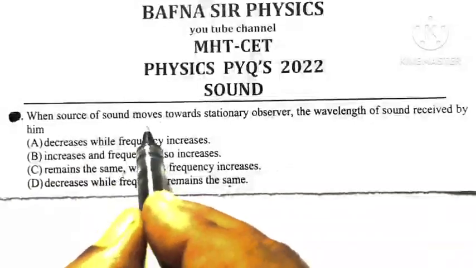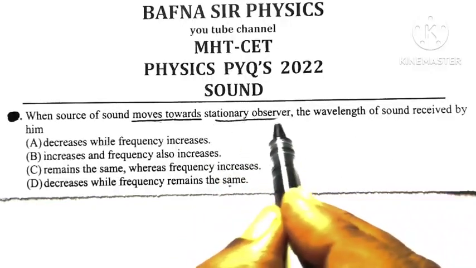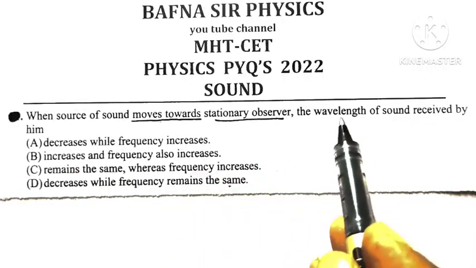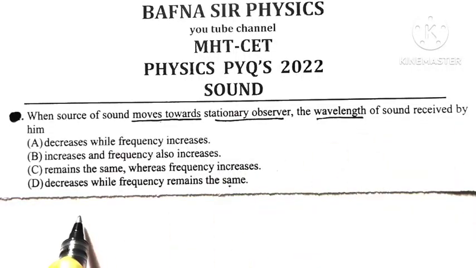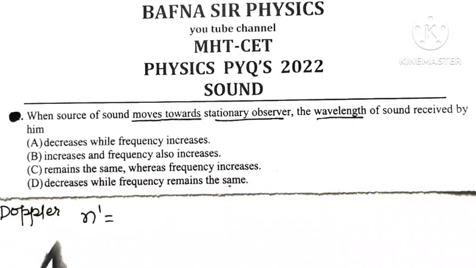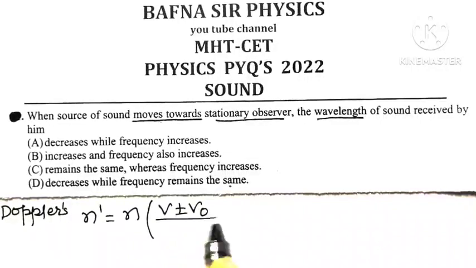When the source of sound moves towards the stationary observer, the wavelength of sound received by him. See here, the apparent frequency heard by observer according to Doppler's formula, what it said, apparent frequency heard by observer is actual frequency into V plus minus Vo upon